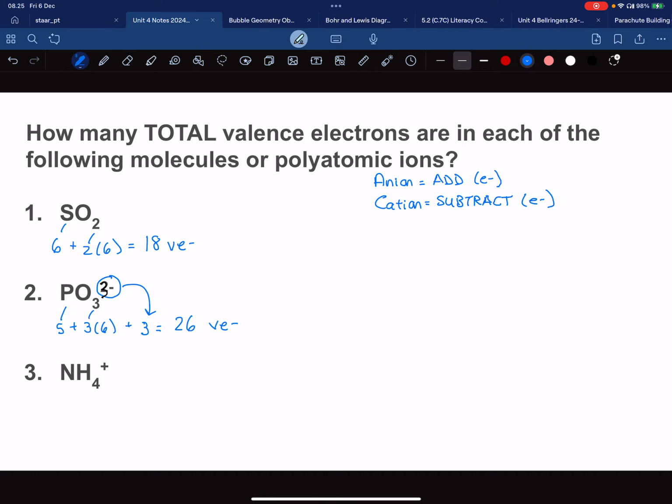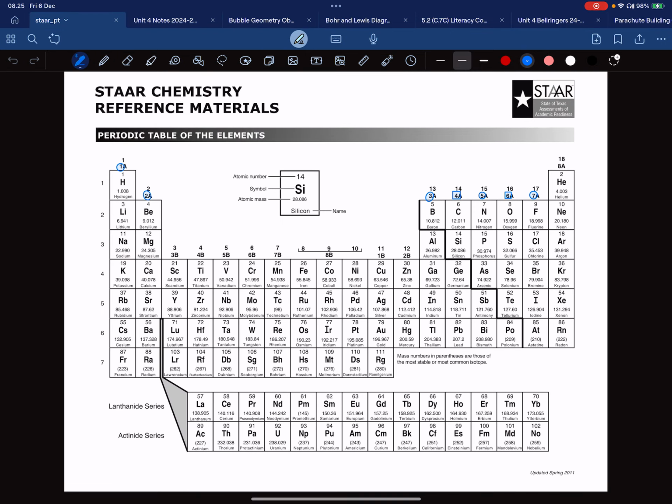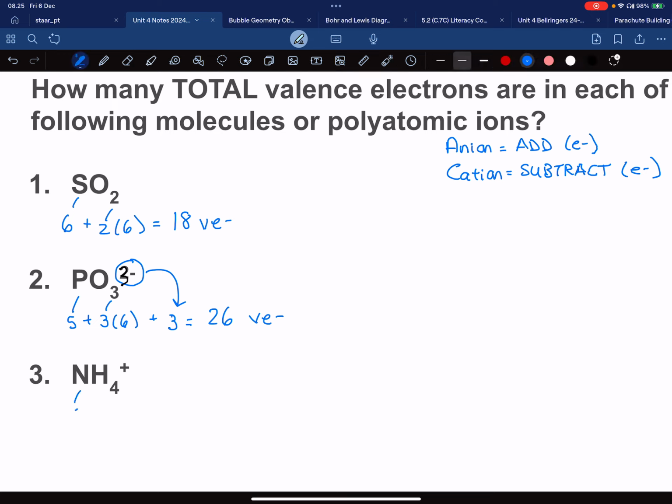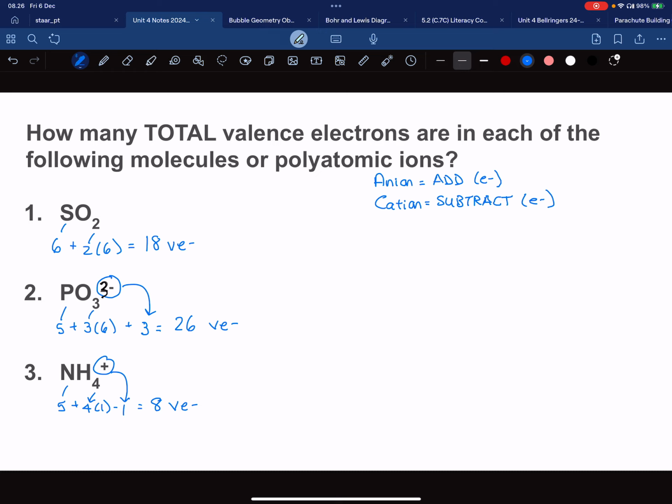So, nitrogen and hydrogen. So, hydrogen, obviously, 1 valence electron. Nitrogen, 5. So, nitrogen, 5. Plus 4 times 1. That is a subtract 1 because it's a positive charge. 5 plus 4 is 9, minus 1 is 8 valence electrons. And that is how you find the total valence electrons for molecules